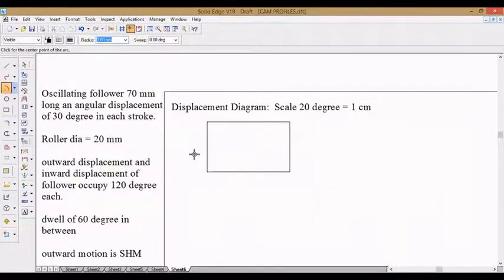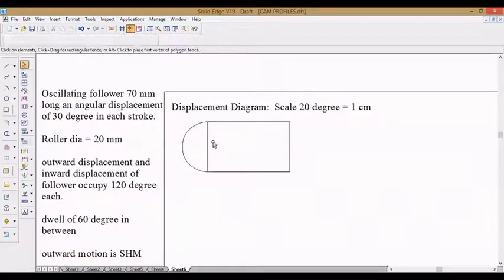We will draw a semicircle exactly at the center, and we will divide the semicircle into equal parts. So how many parts do you divide the semicircle into? The same number of parts you need to divide in this linear measurement also. Since we have 60 mm, it's better to divide the semicircle into 6 equal parts. So let us divide the semicircle into 6 equal parts.